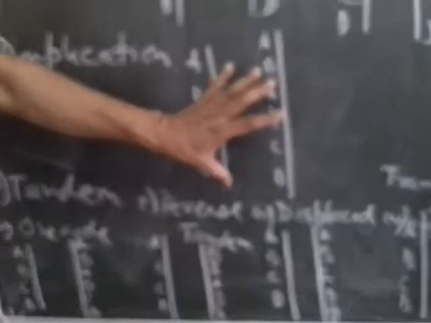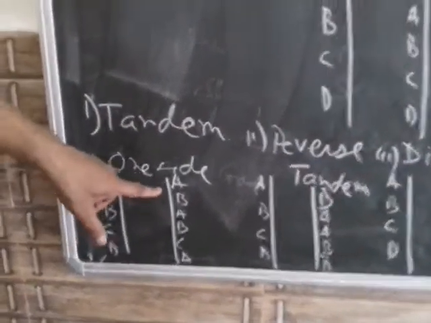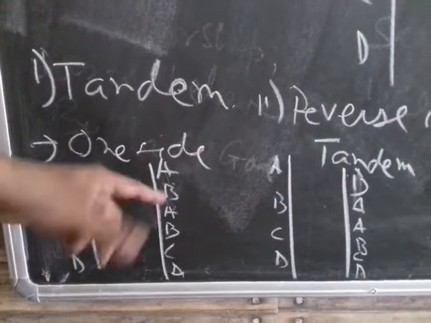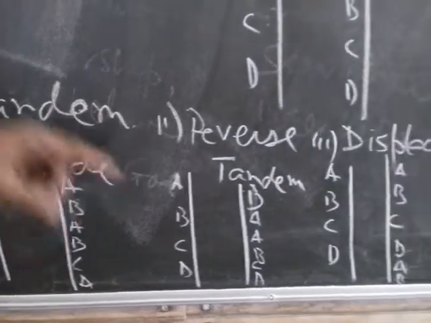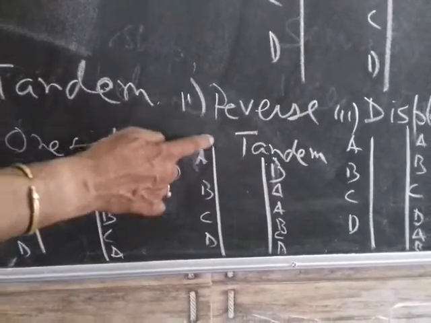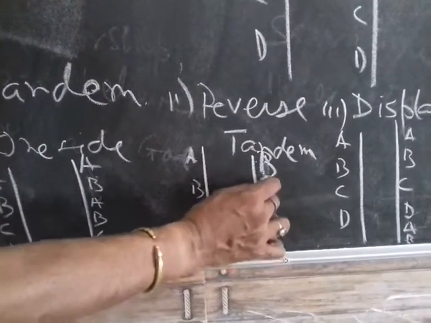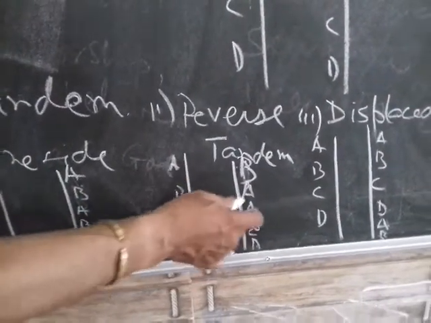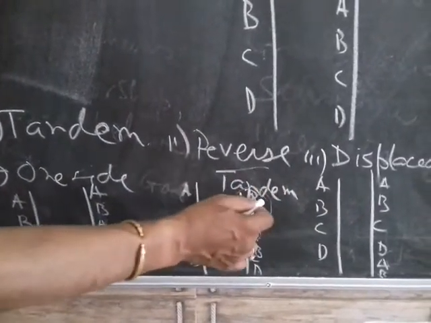Now this duplication can be of different types. Number one is tandem. In tandem, the duplication takes place ABCD, AB. That means in the terminal position, the same set of genes is duplicated, then we call it tandem. But if the duplication takes place in the reverse way, like ABCD, with duplication terminally here but in the reverse order, first B, then A, that means here it becomes BAAB. So we have a reverse gene added, and that we call a reverse tandem.